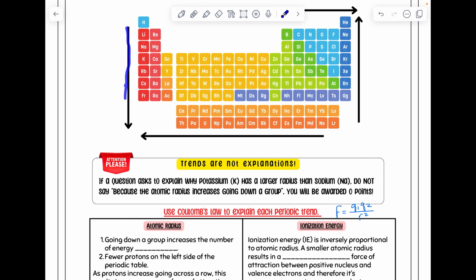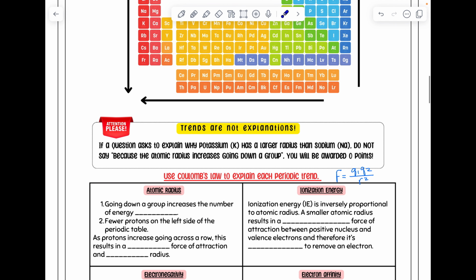So as you go down, the atomic radius will increase. The force is less because you're farther away from the nucleus. So going down a group increases the number of energy levels, and that will increase the radius, which will lower